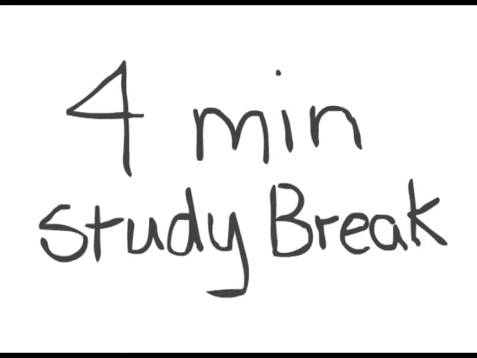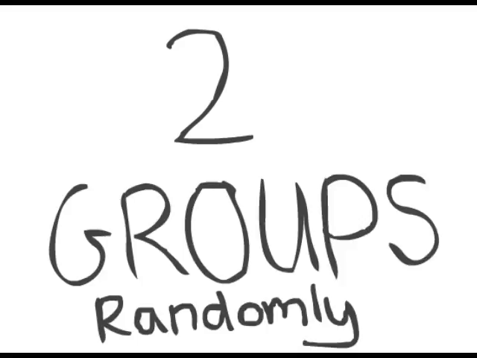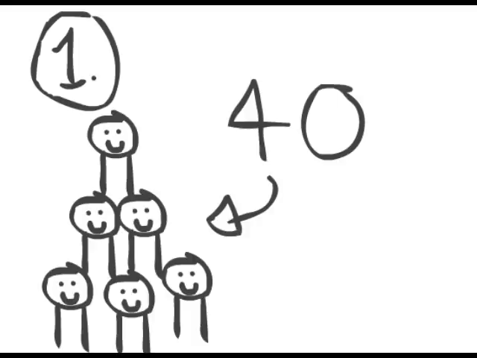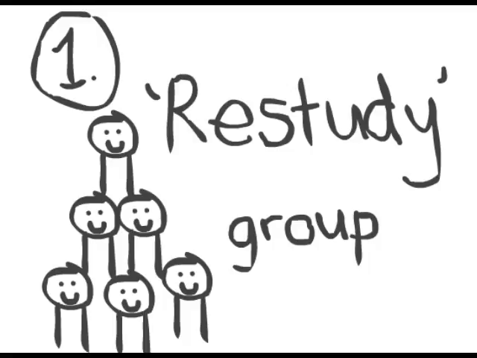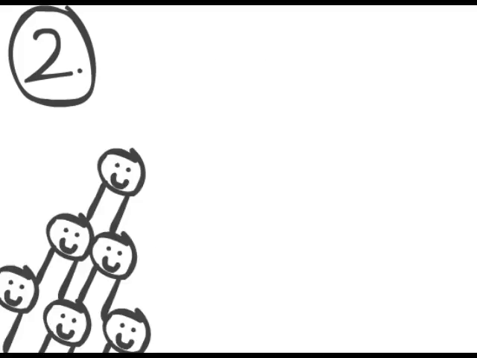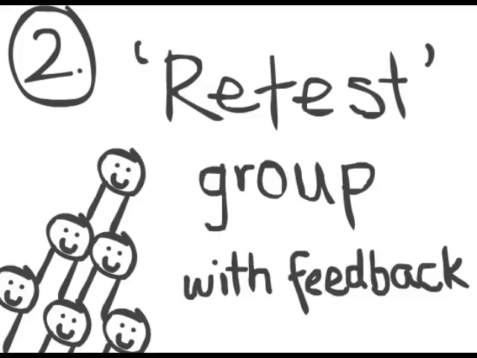their own computer desks. After a brief 4-minute revision session, where all of the students could study the key concepts learned in the lecture, they were randomly assigned to 2 different groups. Group number 1 had 40 people, and was the group who was simply restudying the key concepts. Group number 2 had 43 people, and were the group who were taking small computer tests about the key concepts